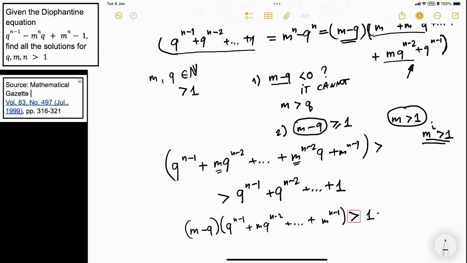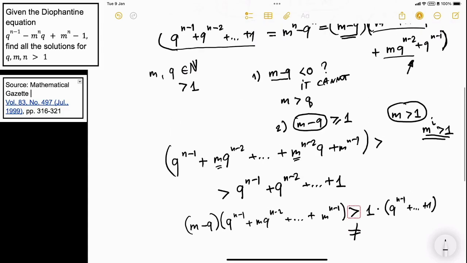Because it's strictly larger, it cannot be equal, so it never equals that, and then we get a contradiction. It means that the original equation is not solvable, so we have no solutions